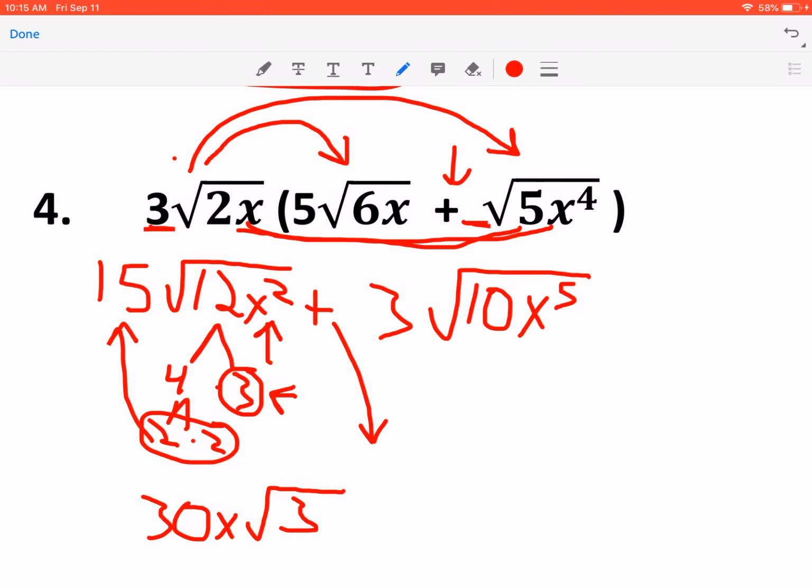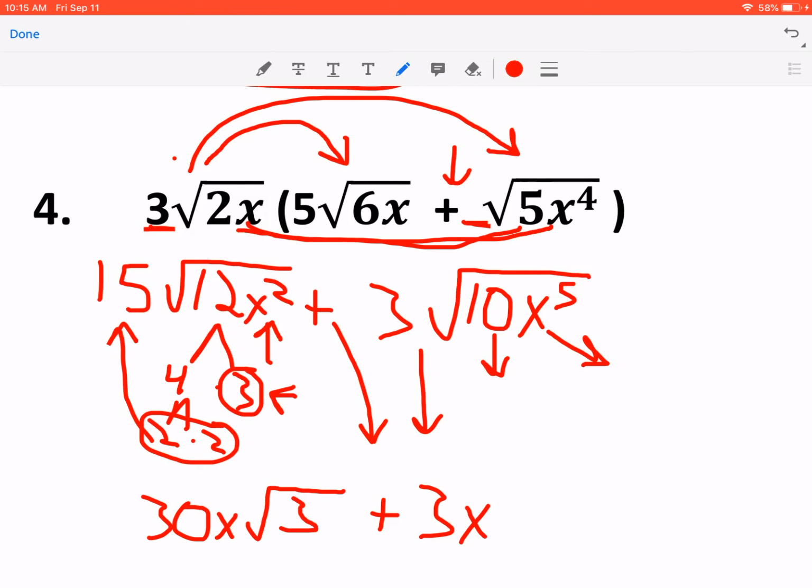Bring down the plus sign. Can you break down 10? Now you can get 2 and 5, but no pairs. But what about this x to the 5th? How many pairs can you get out of that? All right, you should be able to get 2 pairs. So you had a 3 on the outside,